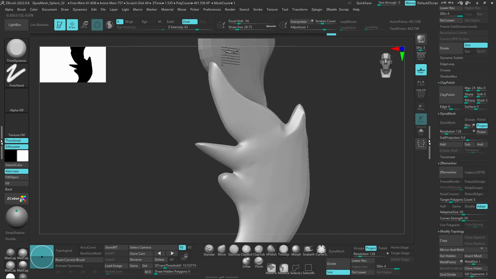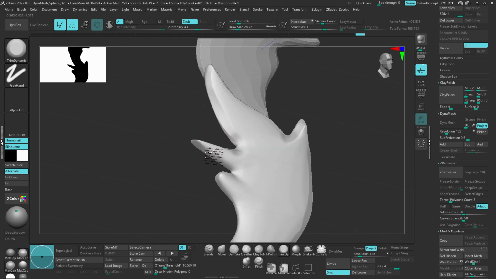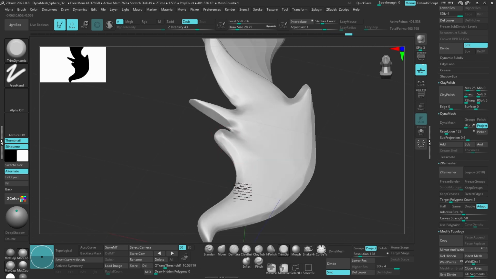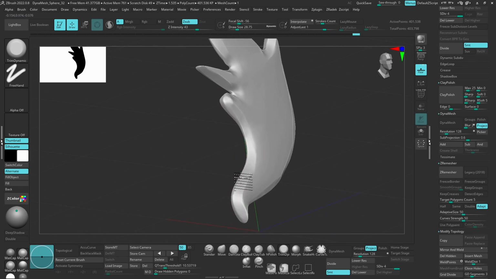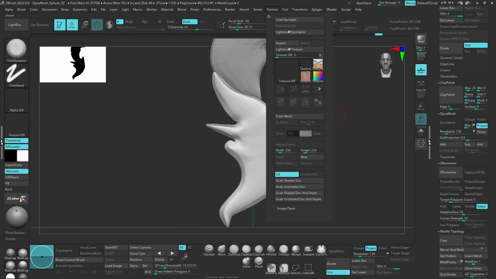So we'll just quickly run down here. I will do it very messy. Like so. And then we'll take a look at how our